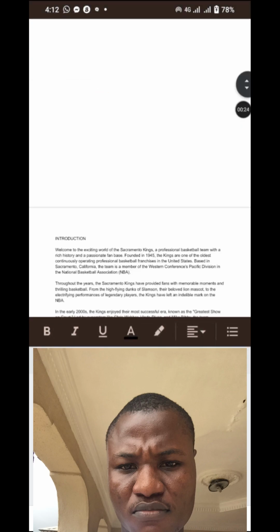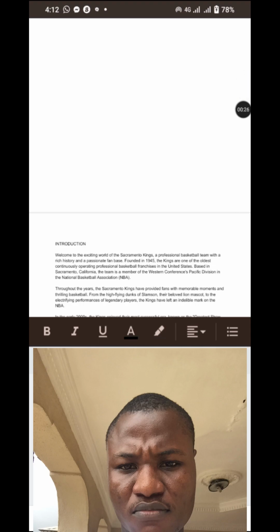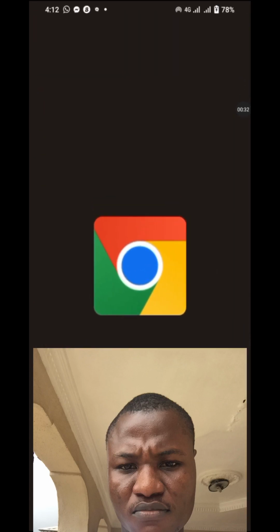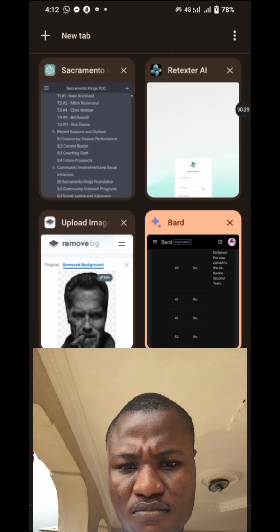Now, the next thing for us to do is to paraphrase our work. For paraphrasing, in the slide, I told you guys that we can use either Retexter or Quillbot. But Quillbot is not free, so we'll be using Retexter, because Retexter is free. If you want to get Quillbot, there is